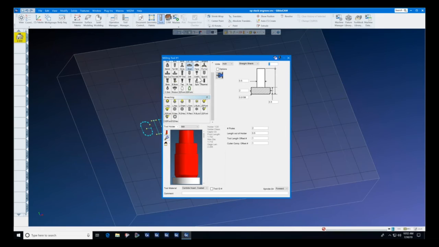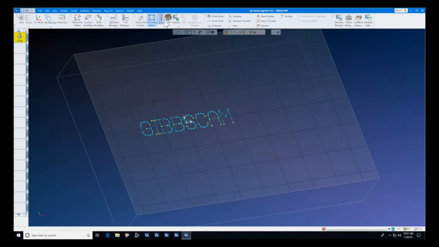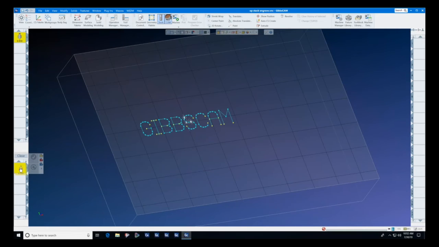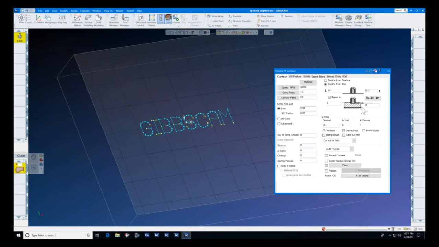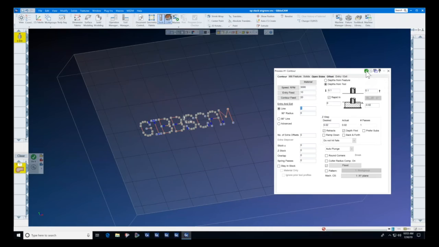I'll create an engraving tool, simply going to use a countersink with a 0 point and this nice big fat tool holder. So we'll create an operation, and we're going to make it a contour starting at 0, and we're going to go to minus 20 thousandths. This is going to be a nice fat one. Retracts and depth first are on. We don't want any lead ins or lead outs because that would make a terrible mess for us on engraving. Engraving is as simple as selecting the engraving geometry,